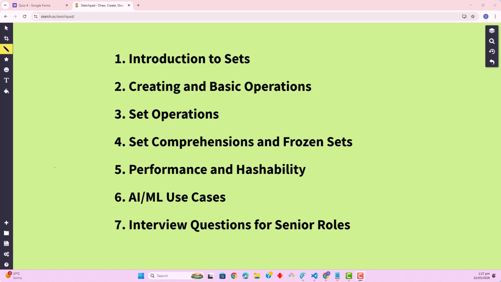Today we will discuss set comprehensions. This is one of the topics which was not covered in the last class. Then we'll have a discussion on performance, enhanceability, AI/ML use cases, and the top 5 interview questions frequently asked in AI/ML